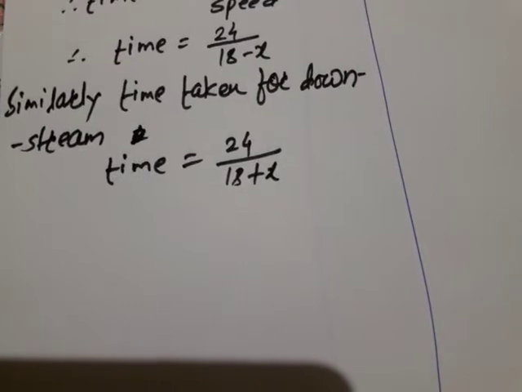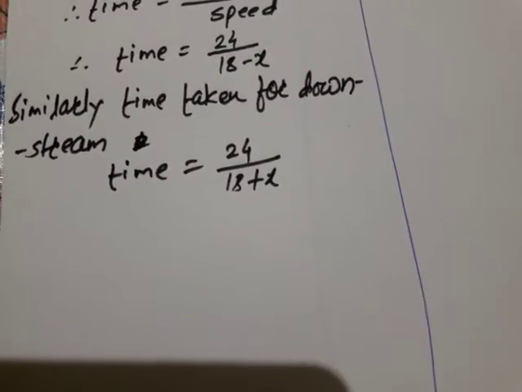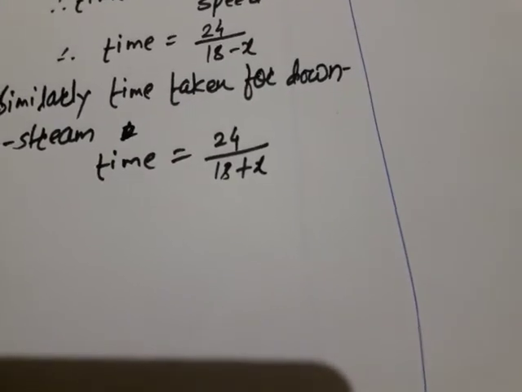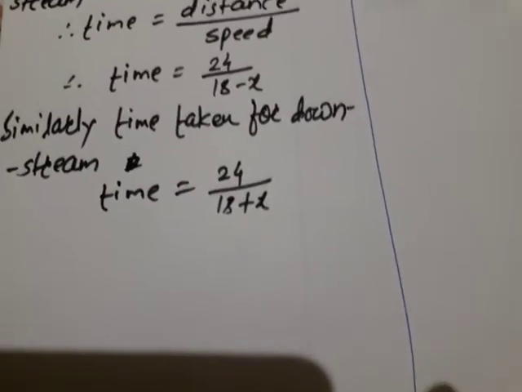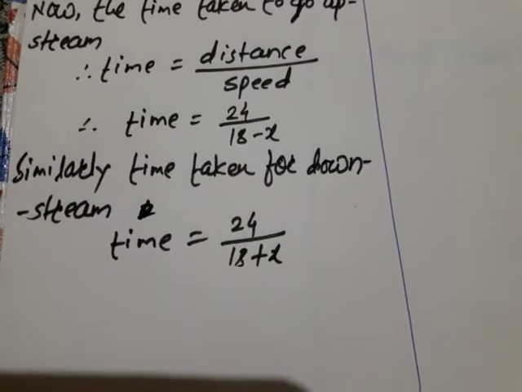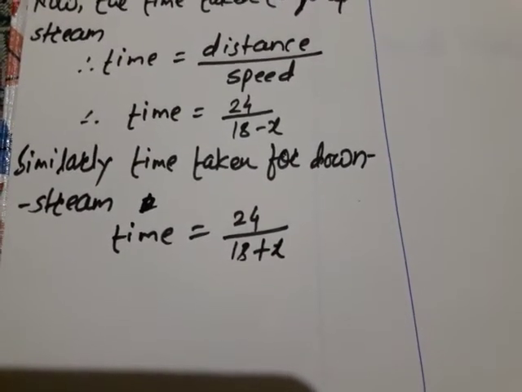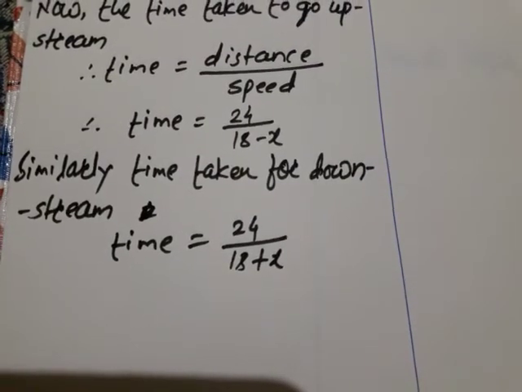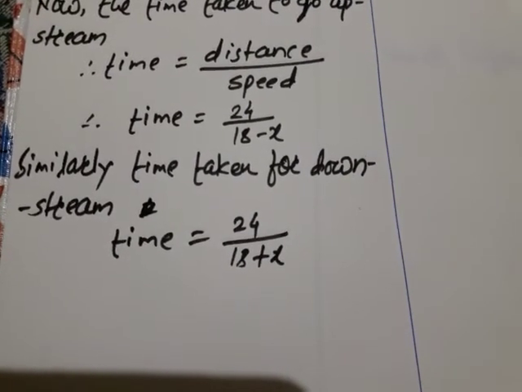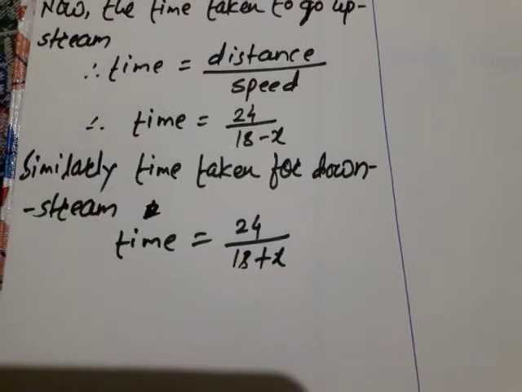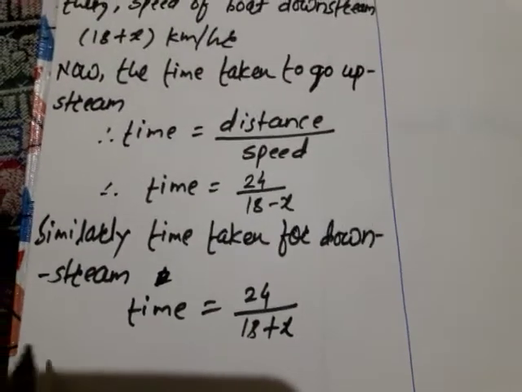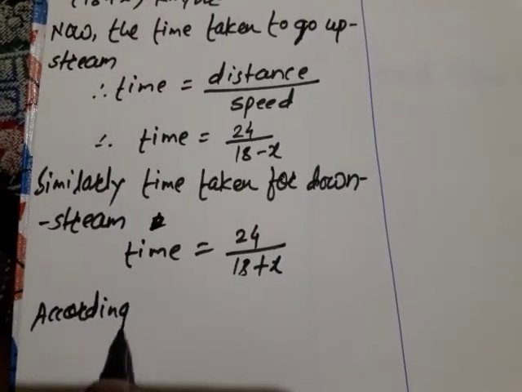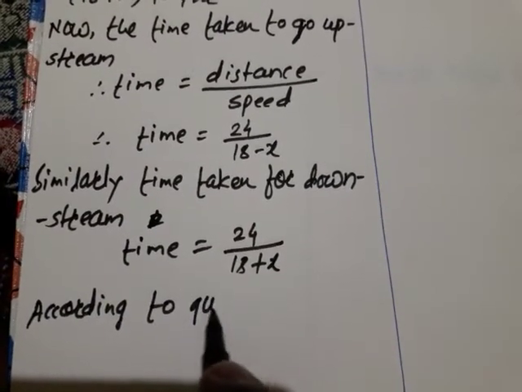Okay. Now what will happen? Look here. According to the given condition, what is the given condition? You know that very well. In the example only the condition is given. According to the question, we can say, what is the question? A motorboat whose speed is 18 km per hour in still water takes 1 hour more. It's very important. 1 hour more to go 24 km upstream than to return downstream. Okay, that we will write here. According to question.